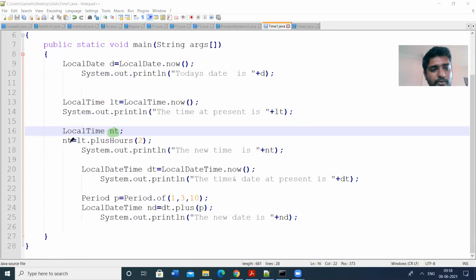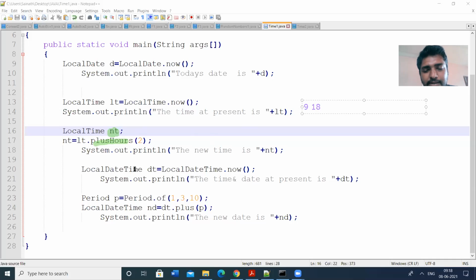NT is equal to LT.plusHours. What is LT? LT is the local time. I am adding plus 2 hours. So what is the output for this? Current time, that is 9:18 something. Now the time is 9:18. So this is the time displayed.